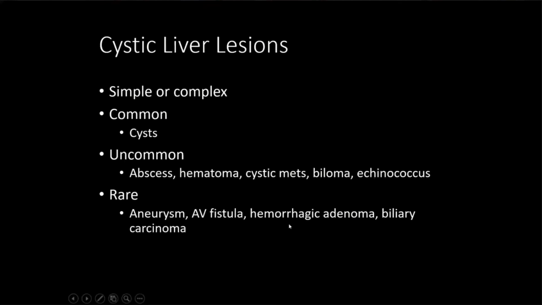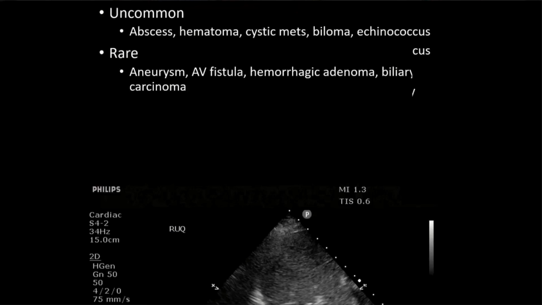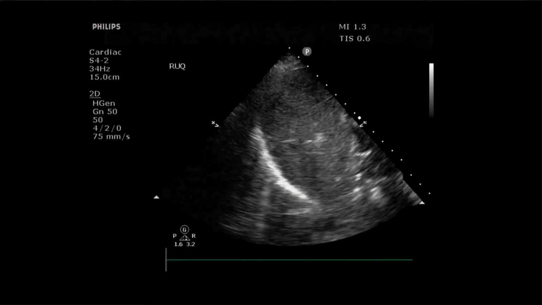You can have an adenoma that has become hemorrhagic and looks like a cyst, usually a complex one. And then biliary carcinoma might actually give you a cystic appearance, and it would be connected to the bile system as well. So I want to go back to the liver with the simple cyst, and we're going to continue